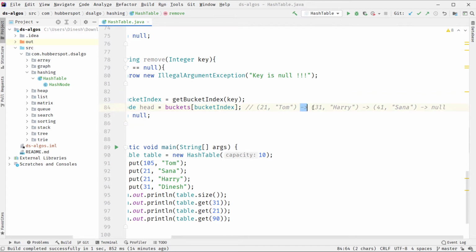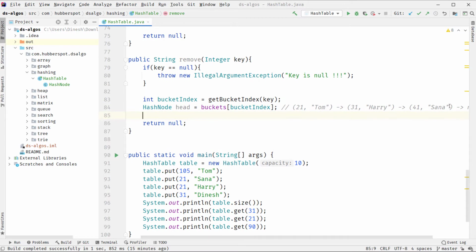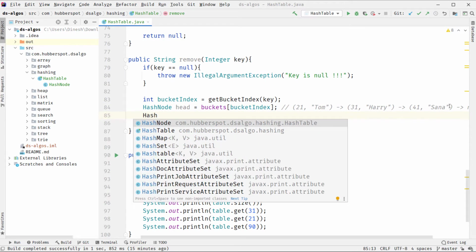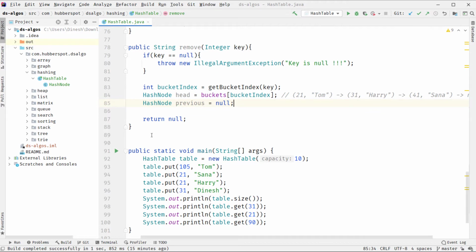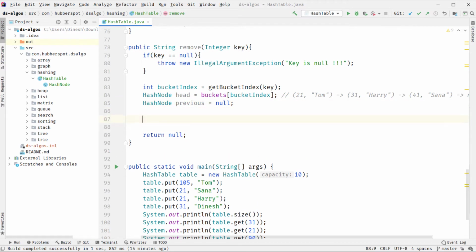So this link will go away from this node to this node, and then we can simply remove this hash node. So for that, at the start we create a previous hash node, and we assign it the value null, because head is pointing to the first node, so at the start previous is null.